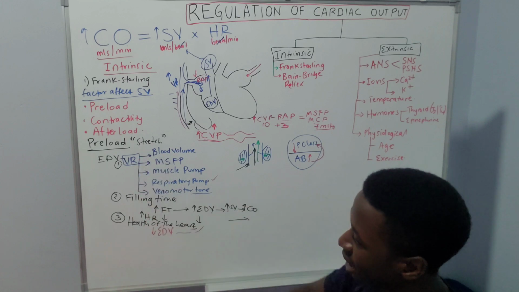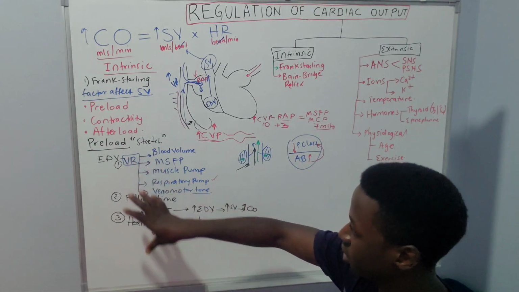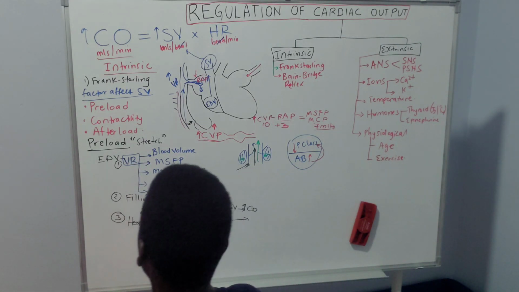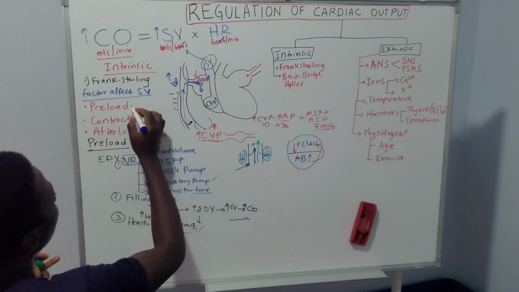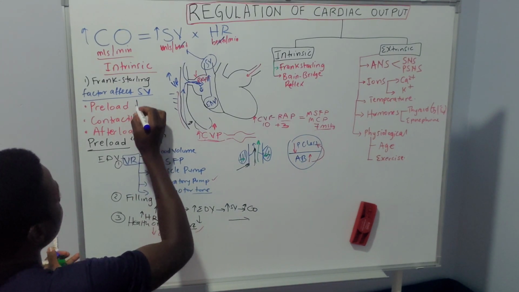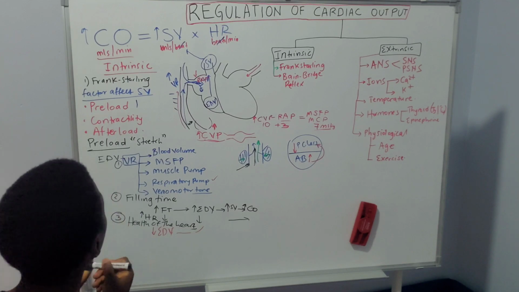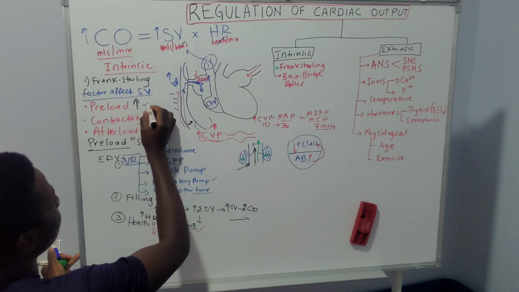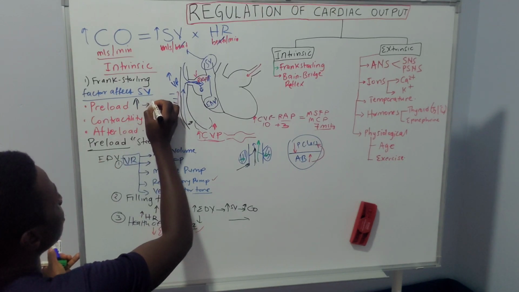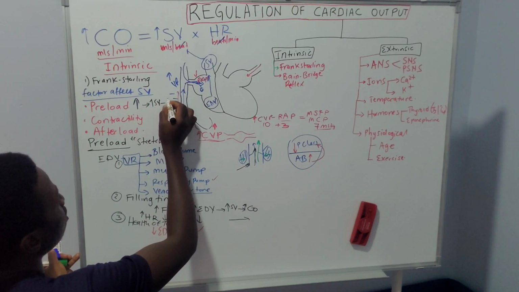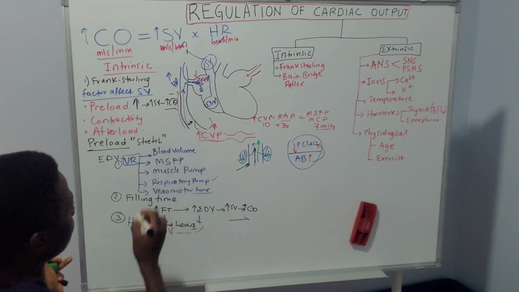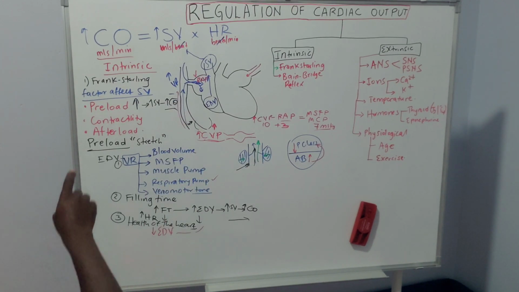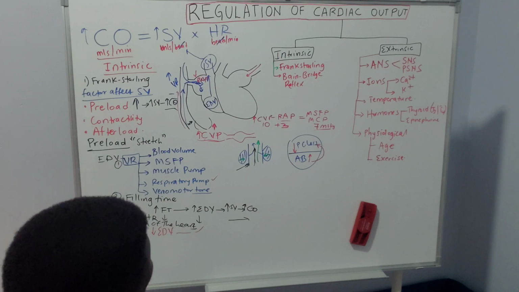So far you see that, in conclusion, the preload, what does the preload do to the stroke volume? When you have an increase in the preload, this causes an increase in the stroke volume, and eventually this will cause an increase in the cardiac what? Output. So that is one important factor. Let's look at the second